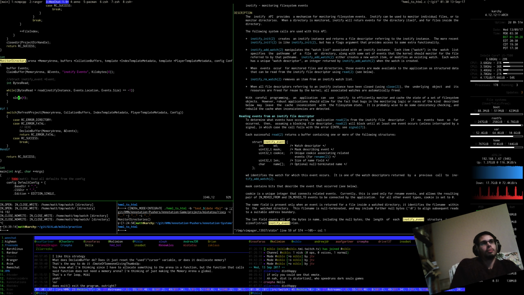We shouldn't be sleeping. This is where we should be looping through the event buffer. Right, yeah, this is where we need to say the events pointer is equal to the events location. And while the, I guess while that plus the location is less than the size, I think events.pointer